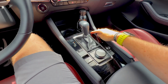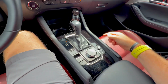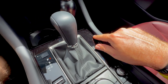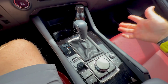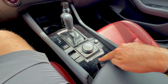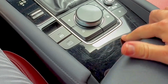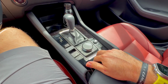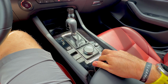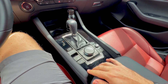Moving down even further, more gloss black, more scratches, more fingerprints, more dust. It is not entirely just gloss black. You can see there's like a hidden texture to it, but I'm sorry, it doesn't age. It does not wear well. It shows scuff marks very easily. Like, again, this car does not even have 5,000 miles on it. So this is going to show age more than anything else. I guess the easiest way to fix this, there's probably some aftermarket decals you can completely wrap this with,